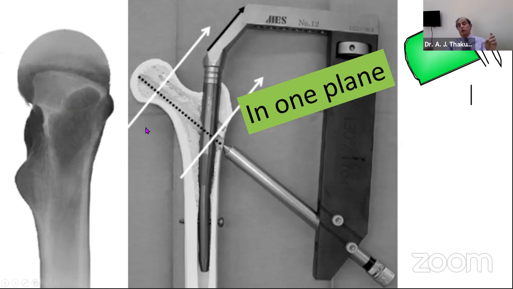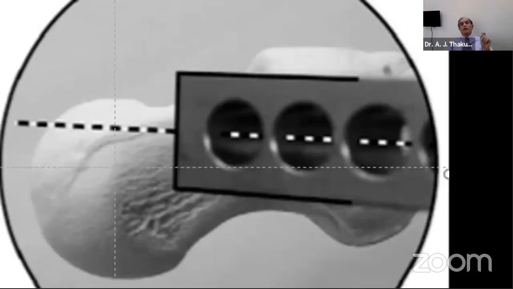The picture you are seeing is something like this, perfect. But that we identify only with that rectangular shadow of the jig. You can see the rectangular shadow is constant. It should always be constant. As long as you don't touch the C-arm, it will remain constant. Now we move the jig. Suppose the jig is in this position and you pass the guide wire as shown in the dotted line. The guide wire will be further up, it will be anteriorly placed. So we don't want that. So now we move the jig, externally rotate the jig towards that way.